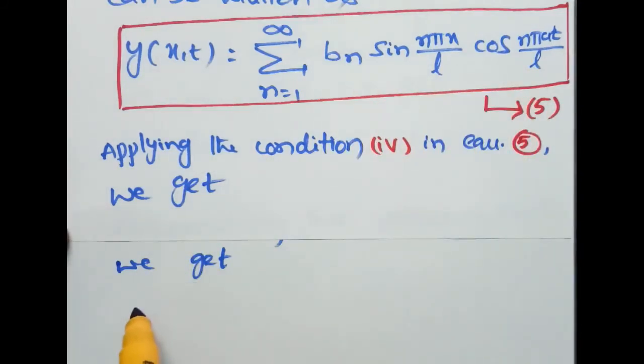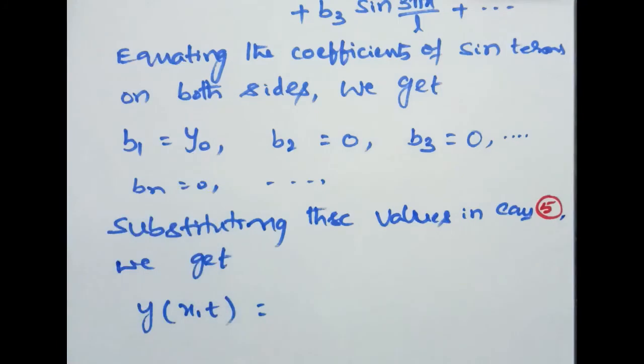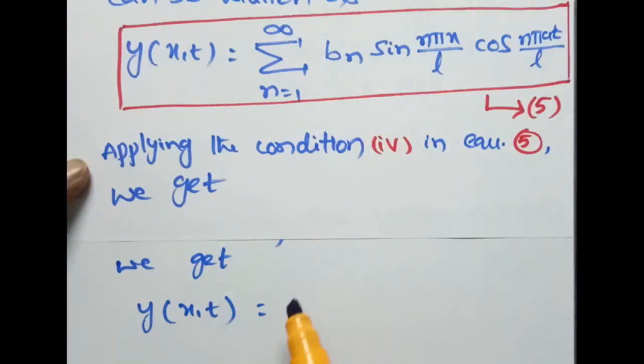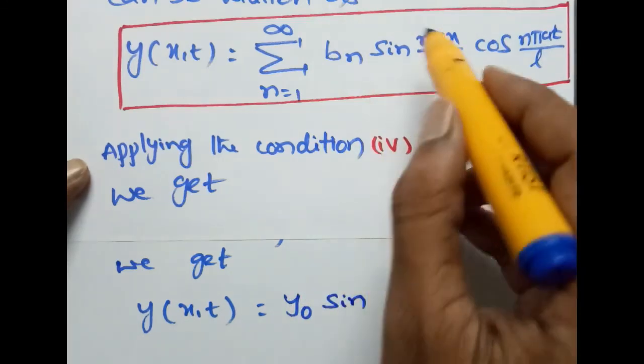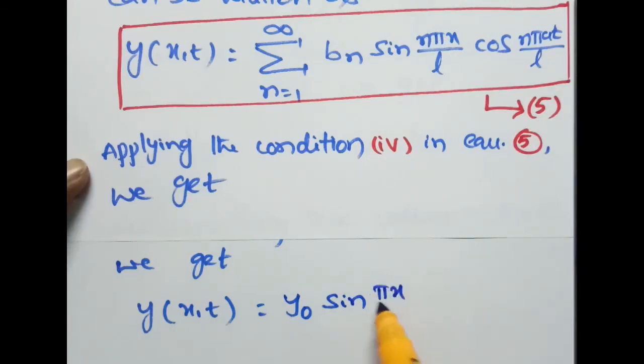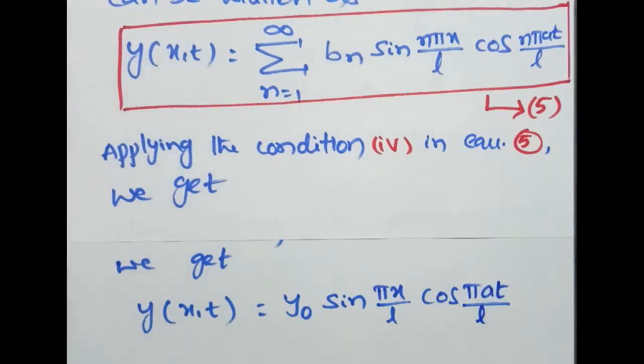Therefore y of x comma t is equal to b1, that is y naught sine pi x by L for n equal to 1 only, into cos, since n equal to 1, pi a t by L. b2, b3 and so on all being zeros, therefore